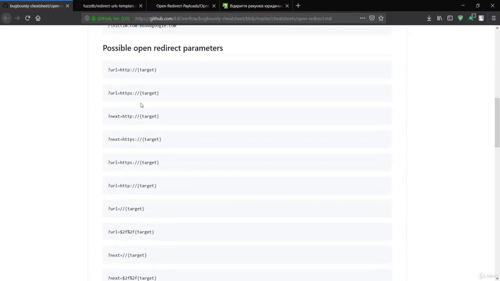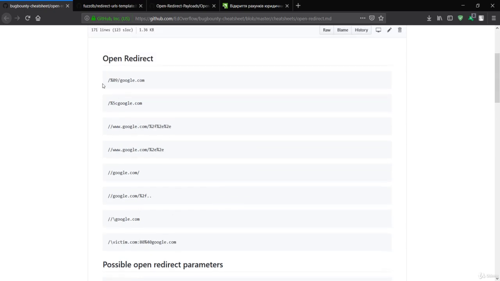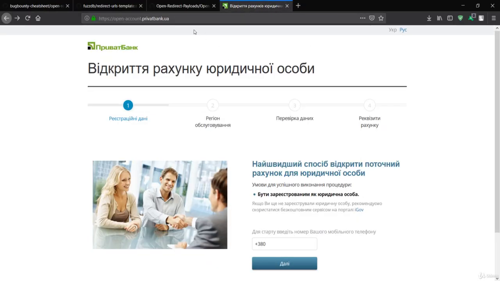You could see we have already discussed this. If it has any terms like URL, you can inject your target website over there. But for this lecture, we'll see the open redirect through the path fragment. So we'll just target this website over here. Let's see if this works or not.